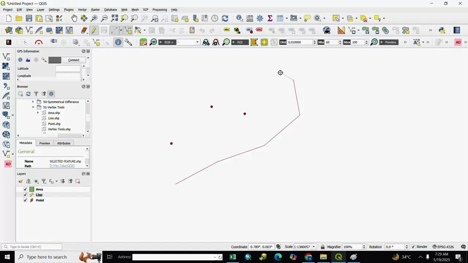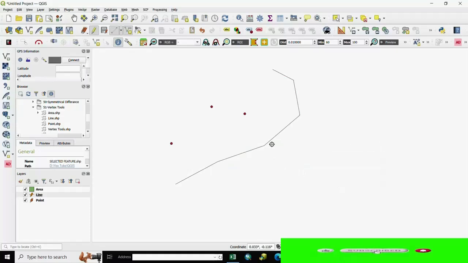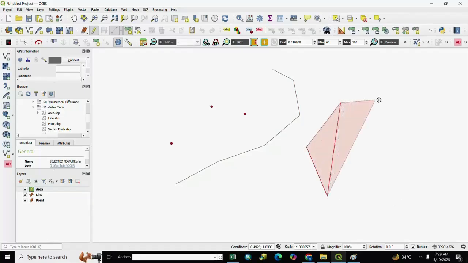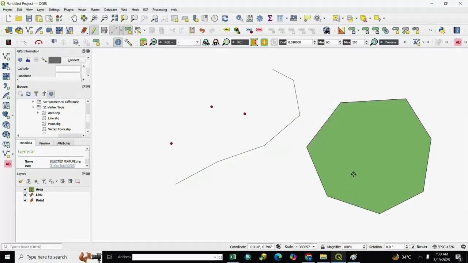For the end, we right click, and OK. Our line is created. For the polygon, we select the polygon layer, go to Toggle Editing, and create the polygon. At the end point, right click, and OK. Our polygon is created. So the line, point, and area files are created.